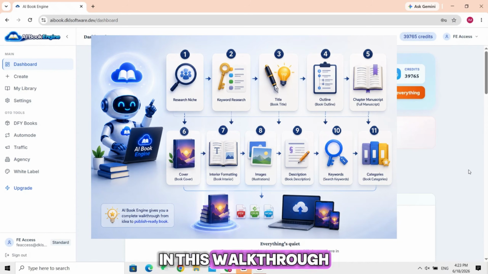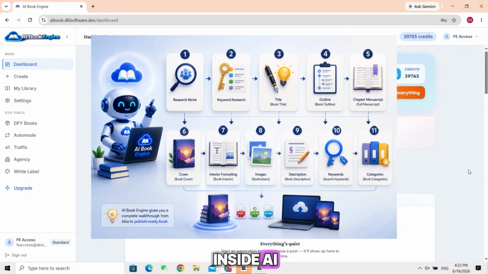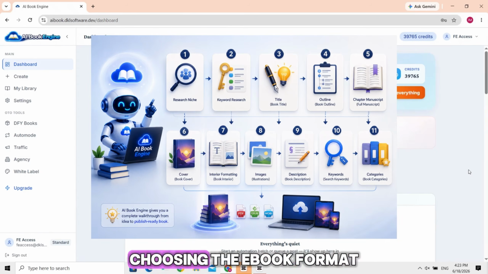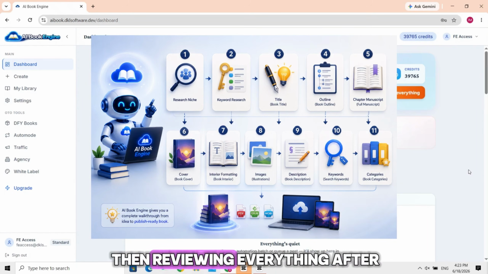In this walkthrough, I am going to build a brand new ebook project from scratch inside AI Book Engine. I will start with only a simple keyword, then move through the full creation flow, choosing the ebook format, picking the niche, selecting a design style, writing the brief, refining it with AI, generating the book, and then reviewing everything